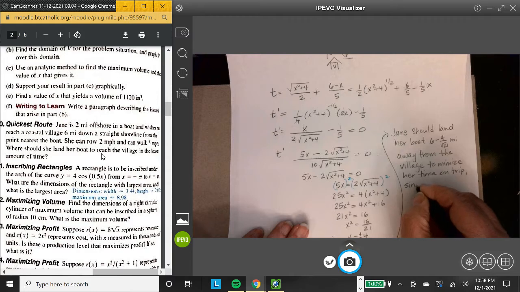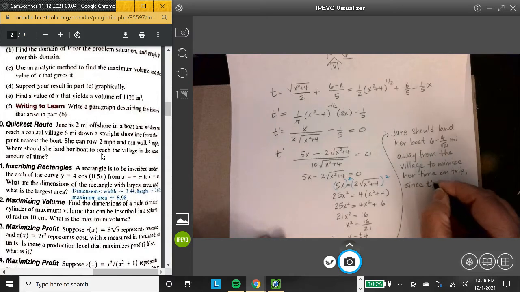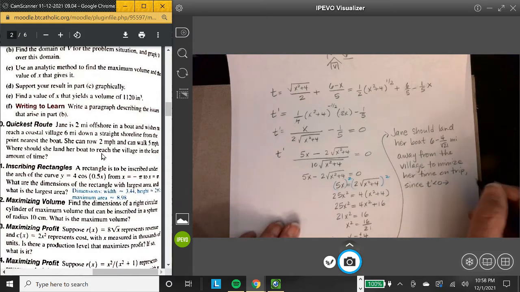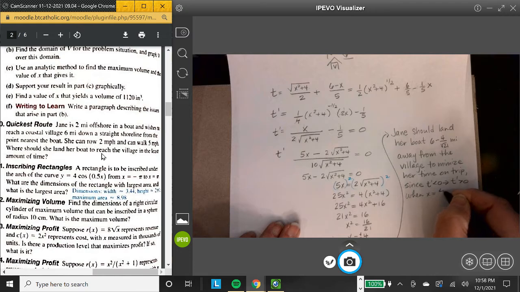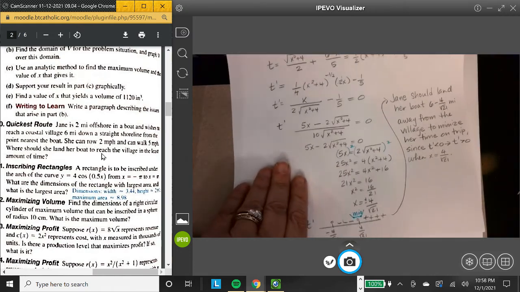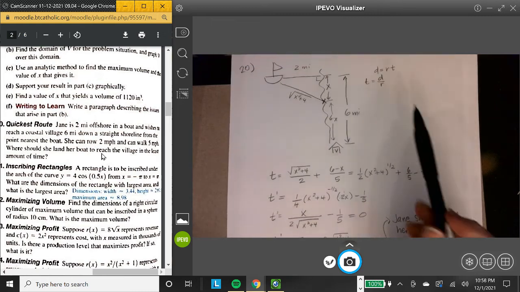Since t prime goes from less than 0 to greater than 0 when x equals 4 over root 21. So that's the hardest problem on the homework, I think, because you have to remember that distance equals